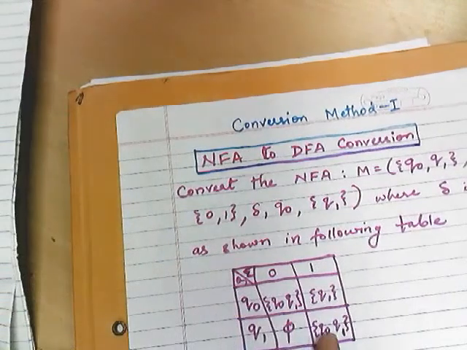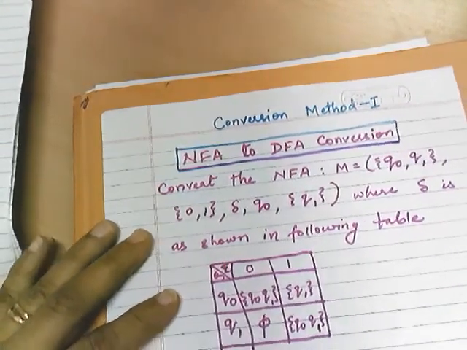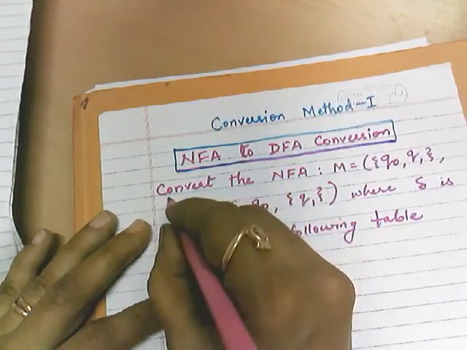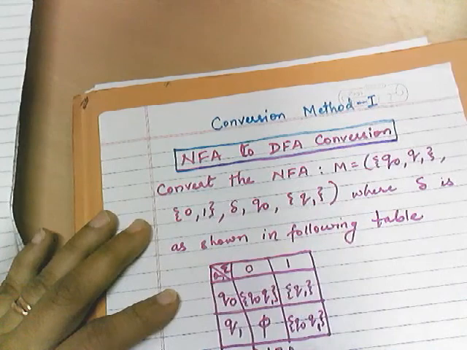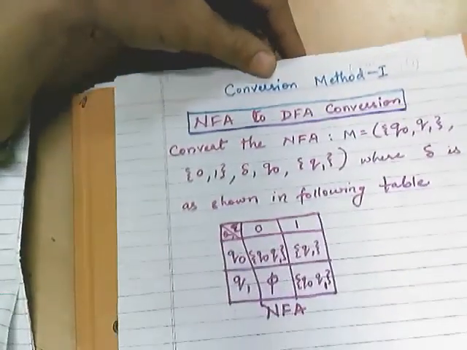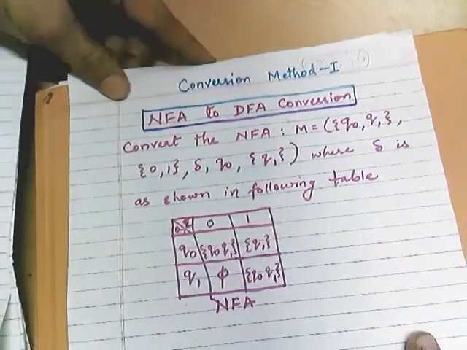Now everybody just note down this particular problem. So the problem is you have been given one NFA, and they are asking you to convert this NFA to DFA, right? So the problem is